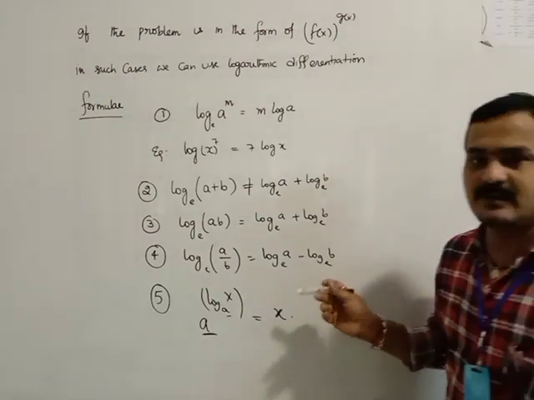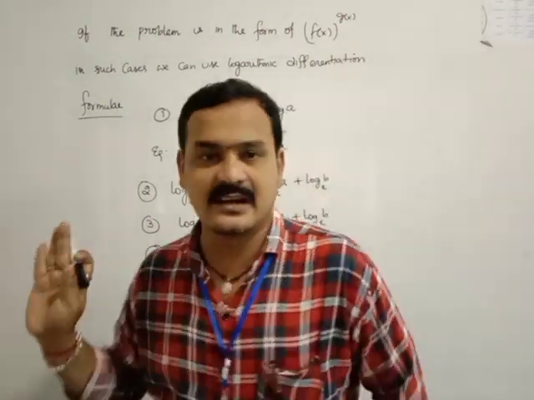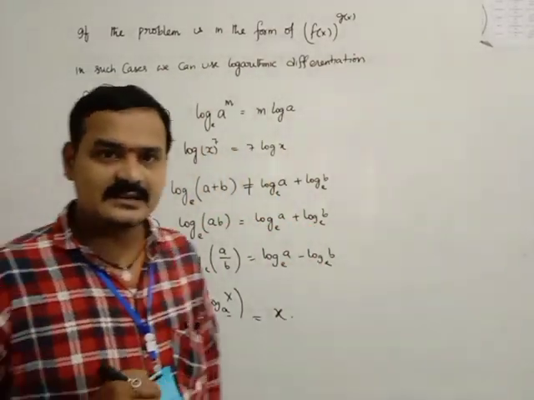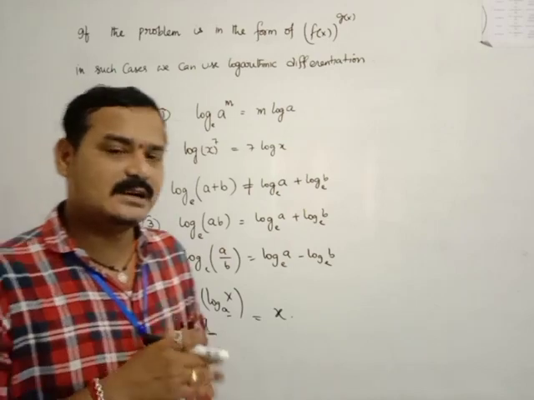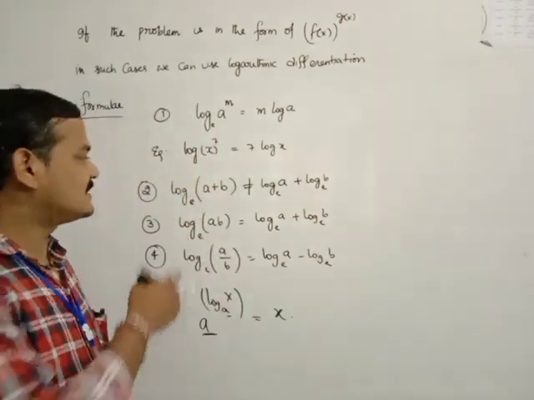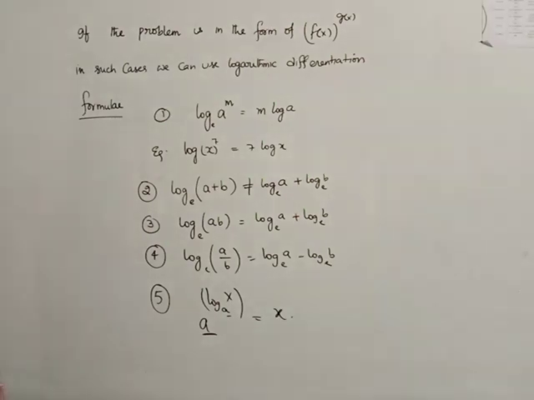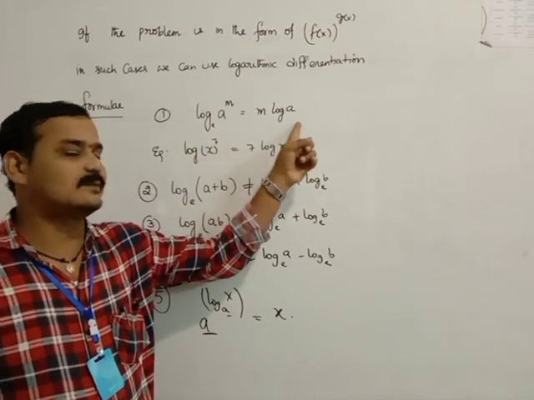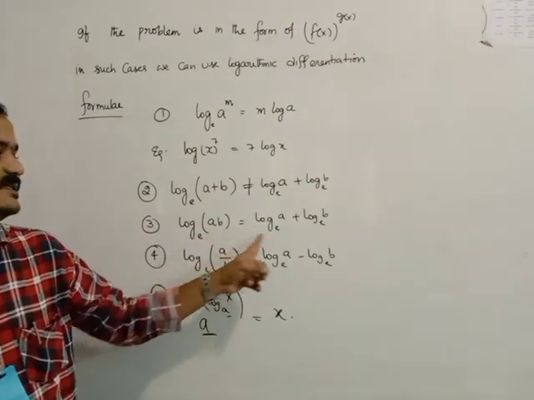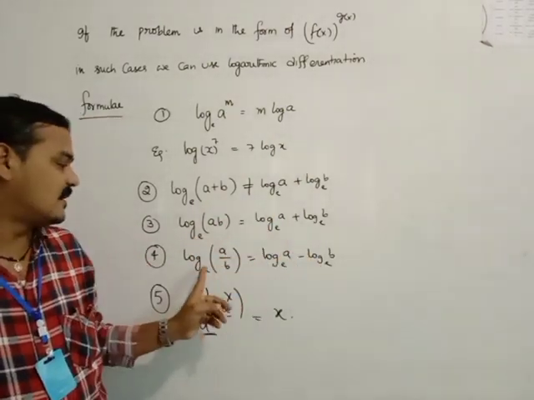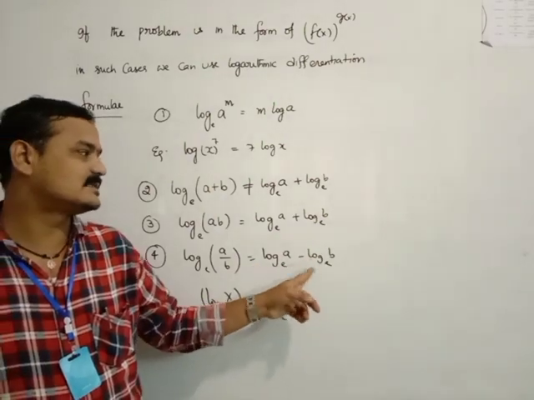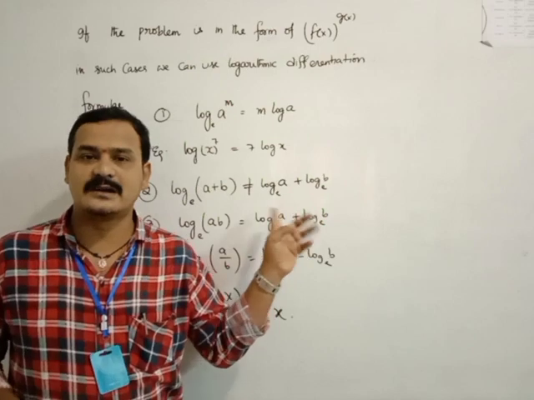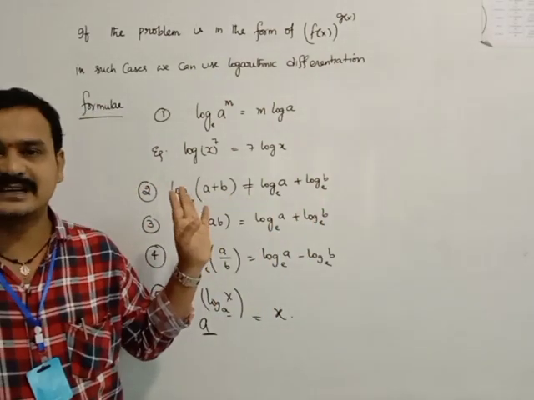You learn these logarithmic formulas in your foundation course, or in 10th class or 9th class. Otherwise, in the foundation course, we will be discussing these formulas. The first one: log of a to the power of m is equal to m log a, log of ab is equal to log a plus log b, and log of a by b is equal to log a minus log b. But log of a plus b is never equal to log a plus log b. You cannot take that as plus; it cannot be expanded.